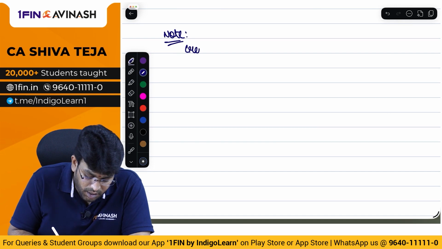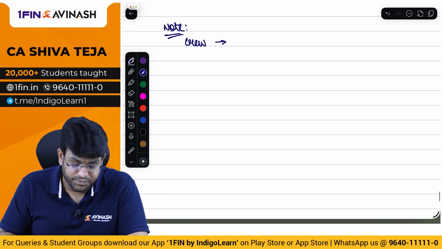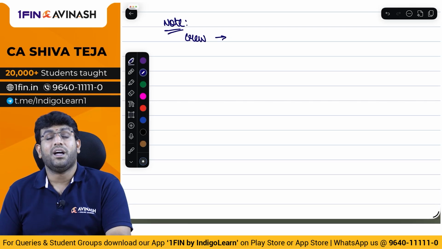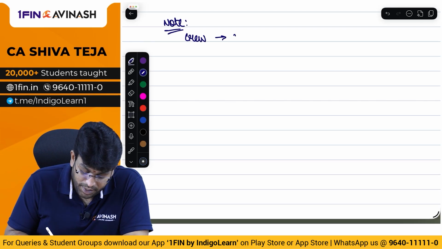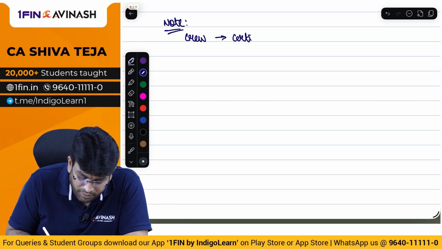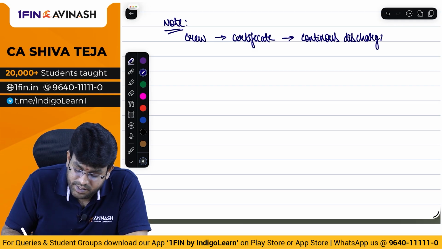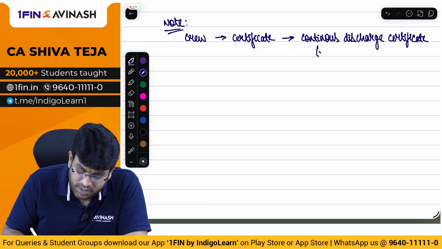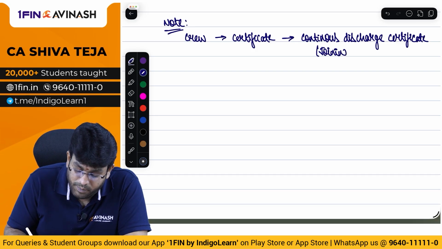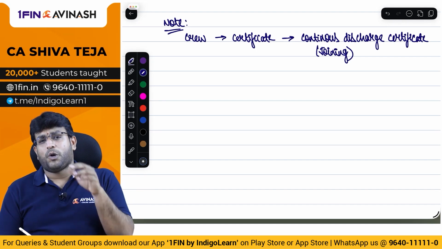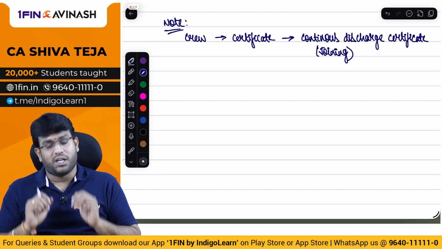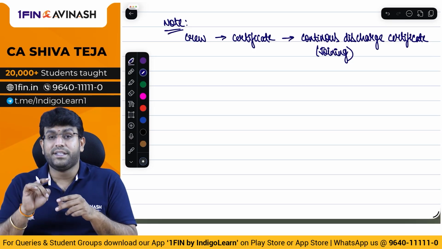That is, in case of crew. What they told is, this crew member at the time of joining the ship gets one certificate which is known as continuous discharge certificate. That's what we call it practically. Continuous discharge certificate is what they get at the time of joining the ship. Now what is the problem here is, let us say there is one person, Mr. Akash. This person Akash has entered the ship.